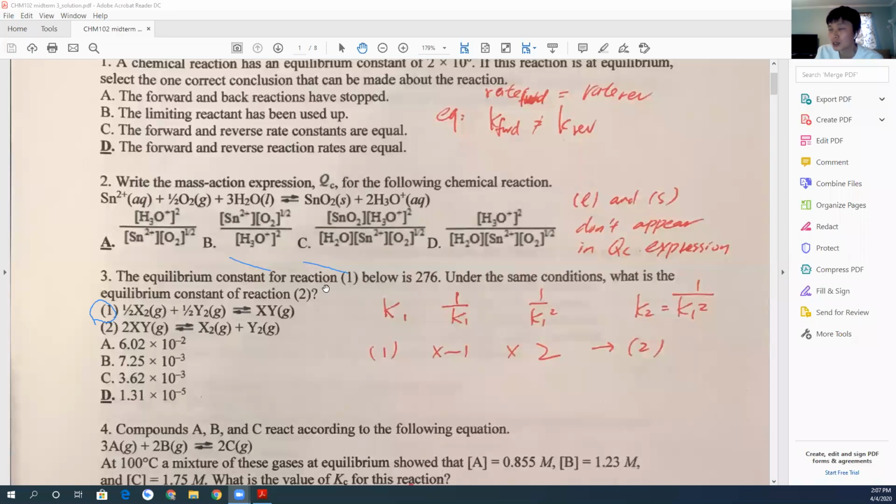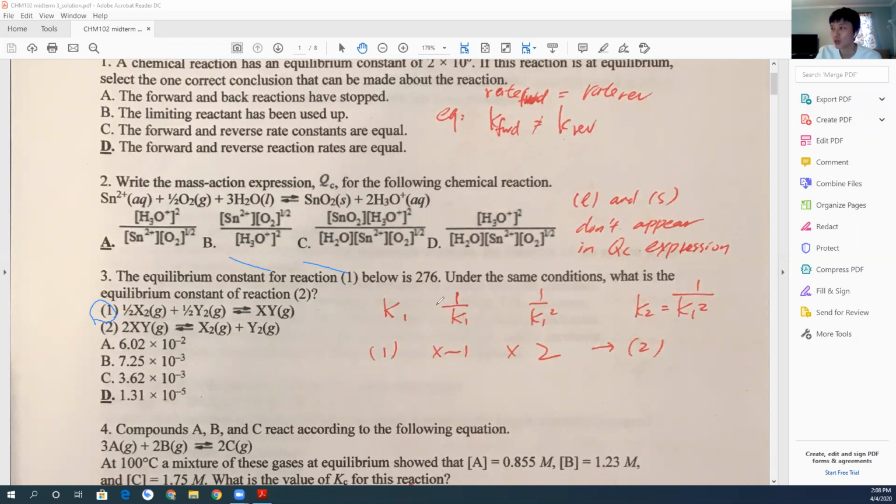Number three, you have two reactions, and you want to calculate the equilibrium constant of reaction 2 based on the K value of reaction 1. So you have to look at how we can change reaction 1 into reaction 2 and modify the equilibrium constant K. If we look at these two equations, first you have to flip it, so you multiply reaction 1 by minus 1,